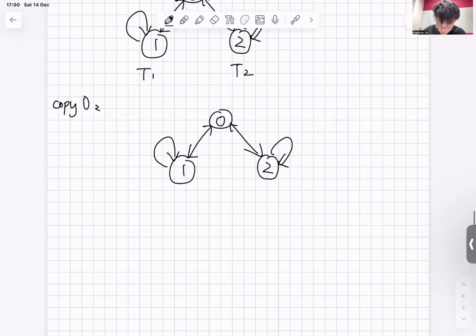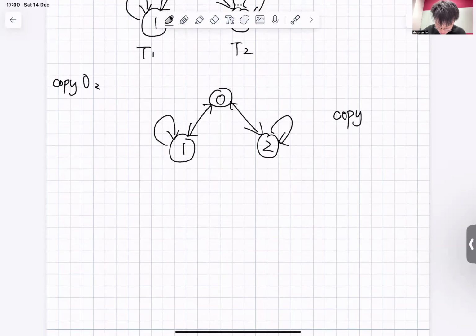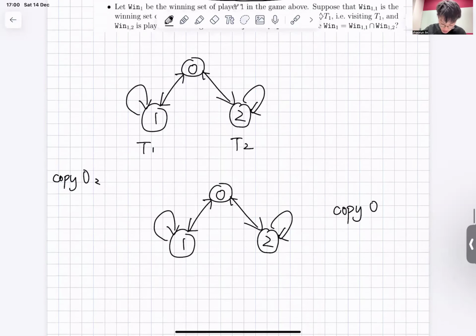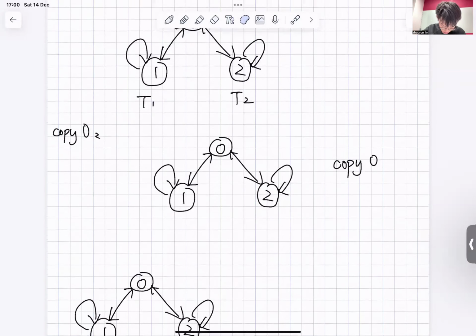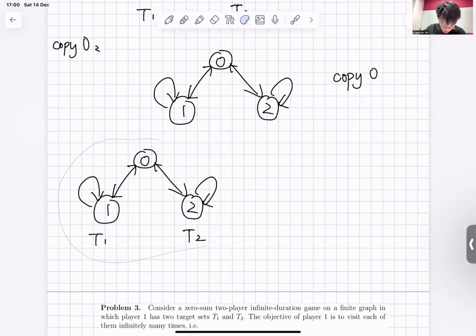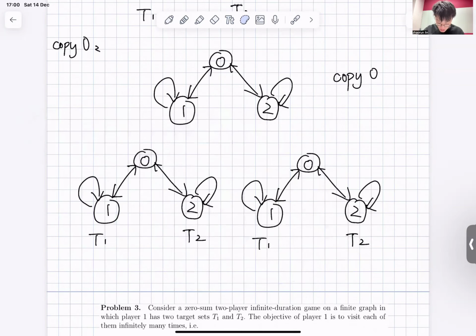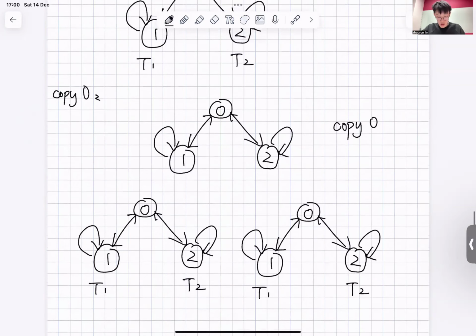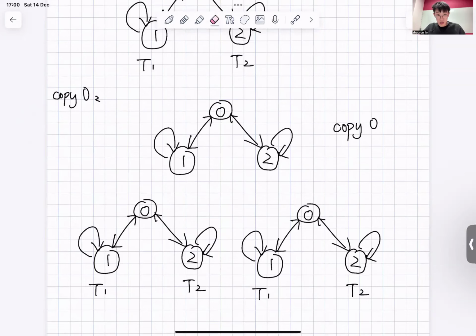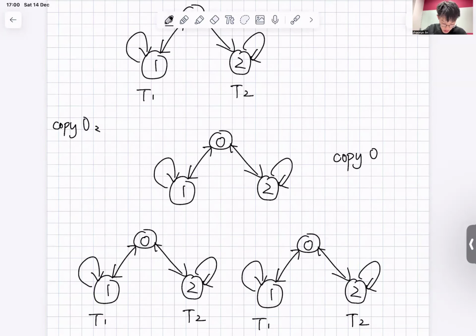This is copy 0. And we want to have another two copies of the game. This is copy 1 and this is copy 2. So now for every vertex in T1 of copy 1, for example, T1 of copy 1 is this vertex, we want to